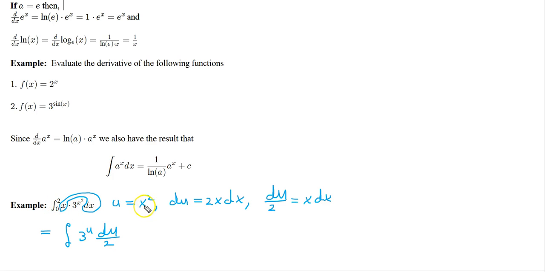Well, if x is equal to 0, u is going to be 0 also. Let's just write it like this, u of 0. Now that's going to be 0. And in the upper limit of integration, if x is equal to 2, the u is going to be 4. And so all of this becomes